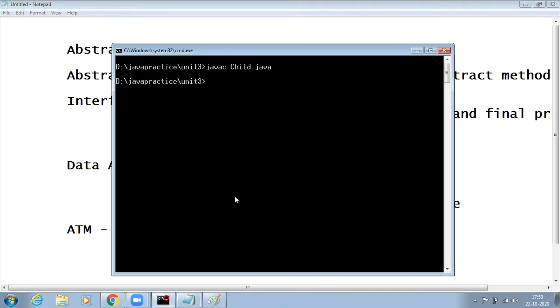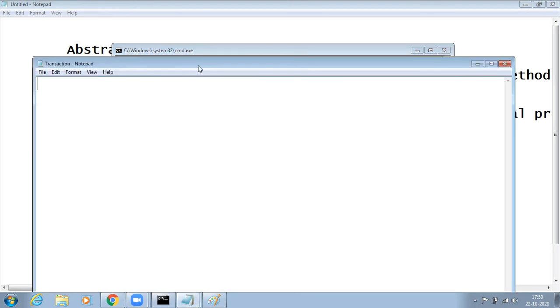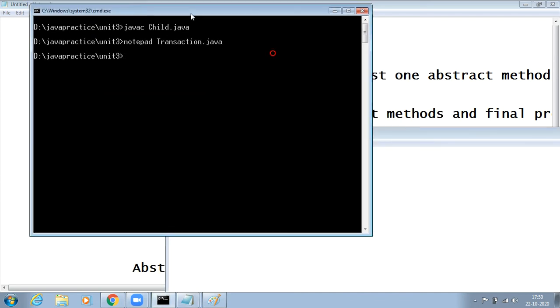Now, with an example, we'll understand what an abstract class and an interface are. Simple example. So, Notepad. I just take a simple class called Transaction.java.